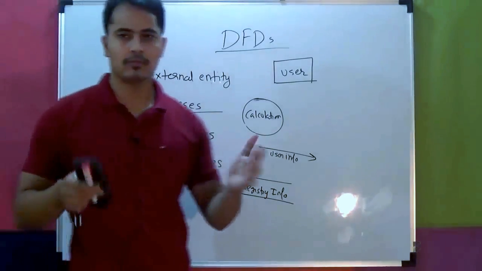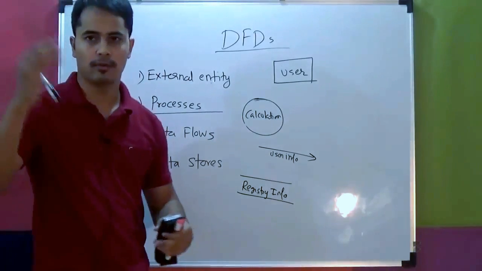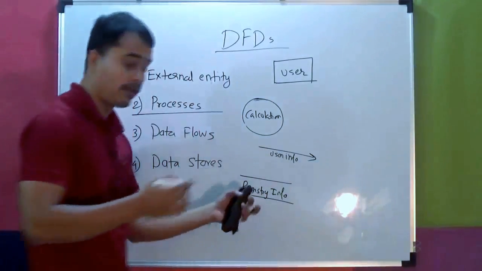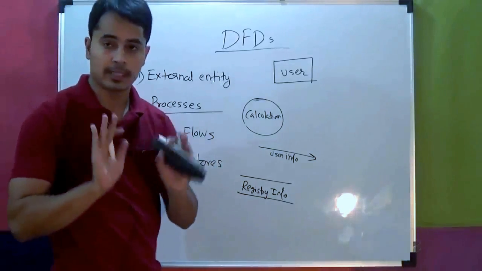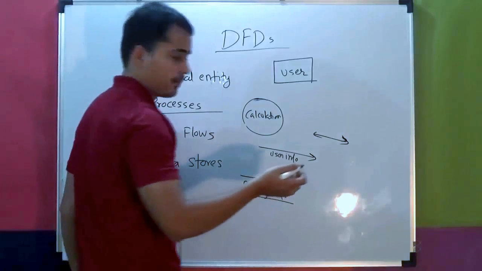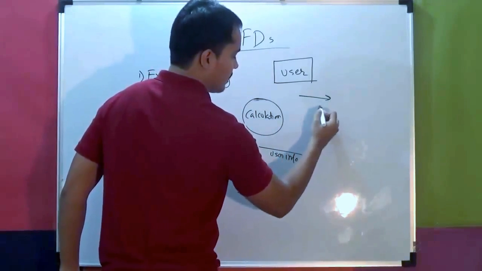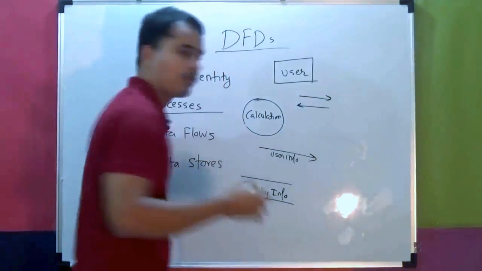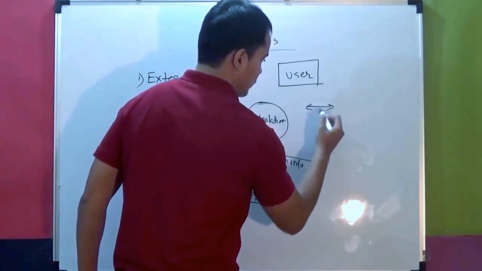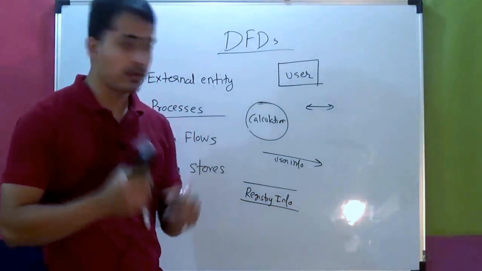This is perhaps the most important thing in your DFD: how you denote the data flow. Data flows are usually shown like this, an arrow. Data flows are not bidirectional. That's a very basic rule. You cannot draw a data flow like this, right? So are there supposed to be two different arrows for that? Yes. If this is the arrow for input, then there has to be a separate arrow for output. We'll discuss that, but you cannot have a bidirectional data flow. That's not allowed.